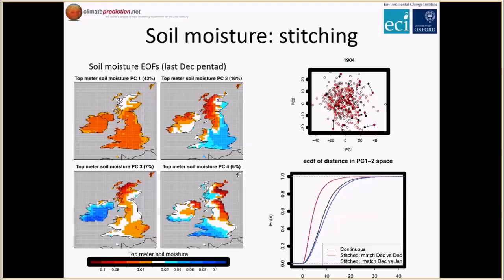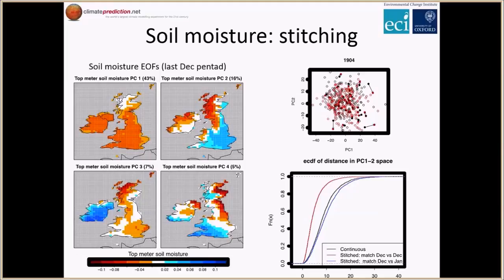the empirical cumulative distribution function of the distance in that space when we go from the last pentad in December to the first in January. So the black line is from continuous runs. You can see the distribution of the distance, so how much of a jump we get from one pentad to the next. And then in red, what you see is when we do our stitching of the last December pentad with the last December pentad of the spin-up runs leading into the next years, you see that the distance